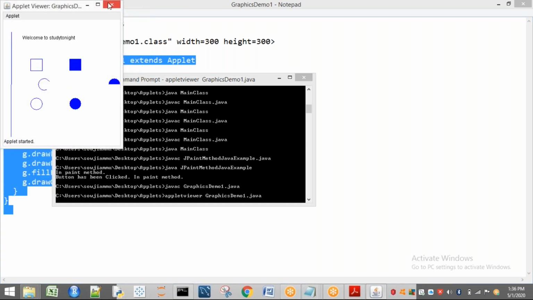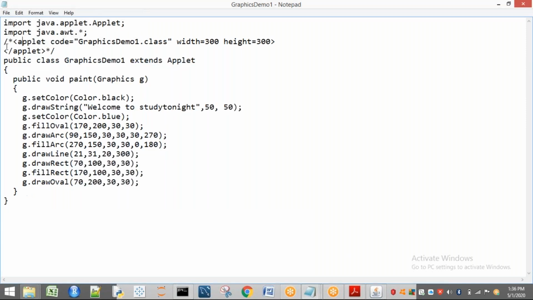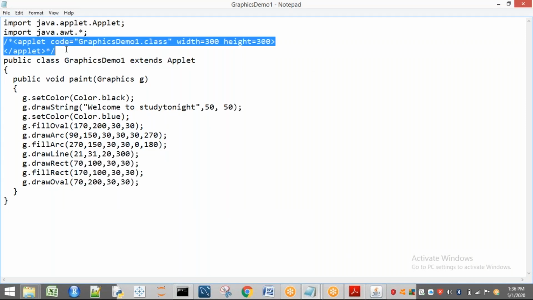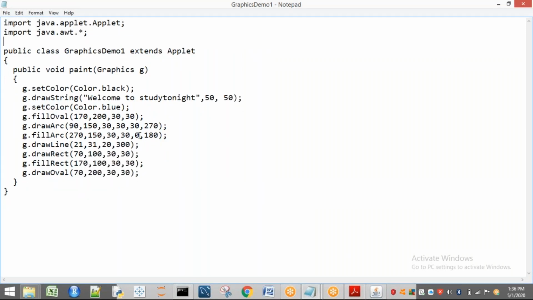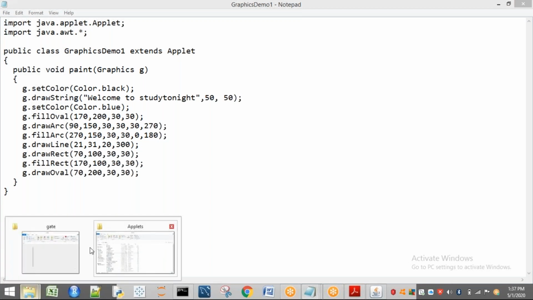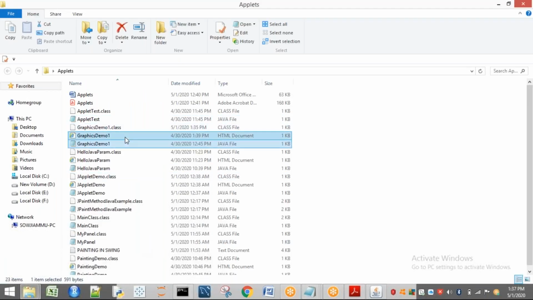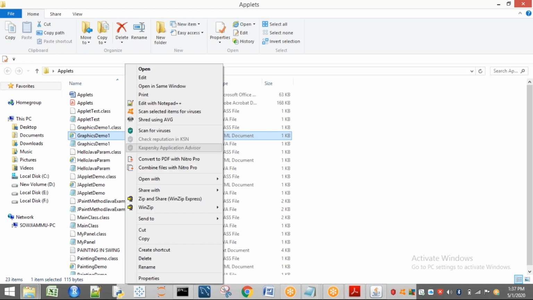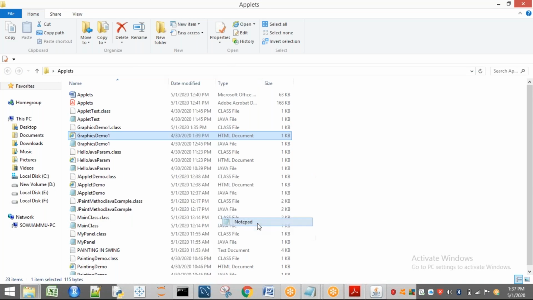This is the first case. Now I am going to remove this applet code from here. Next, I have written the same code in an HTML file. I created a separate file and wrote the same code there. I will show you first how it has been written. Yesterday I gave you a brief introduction about tags. So now see what code I have written here.